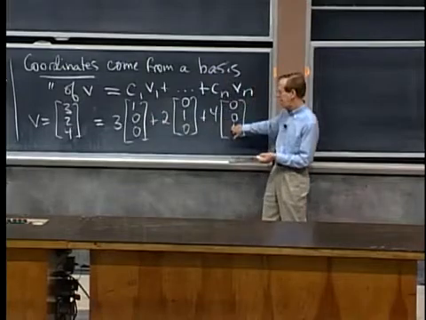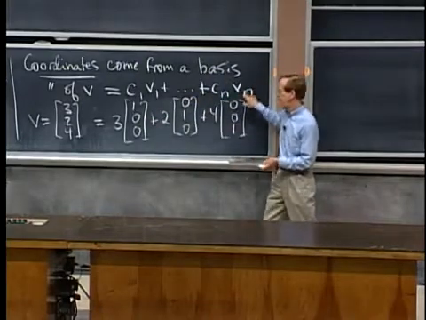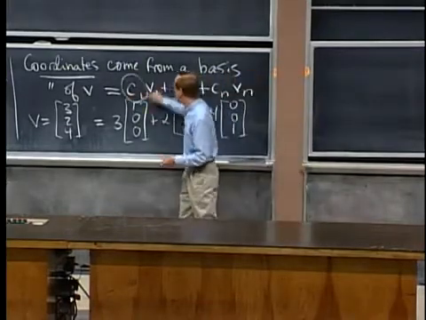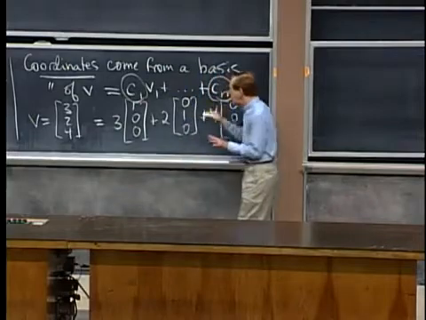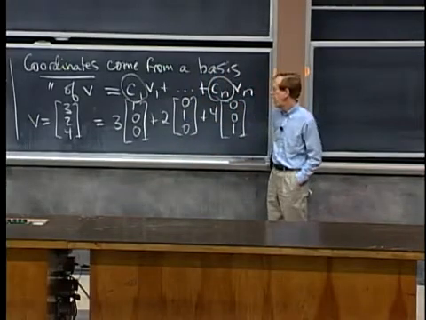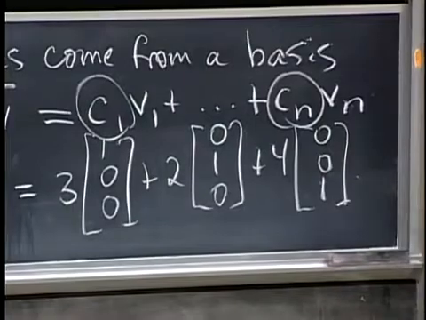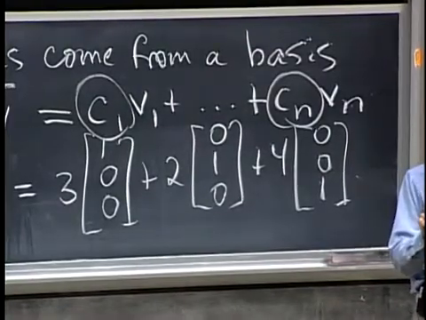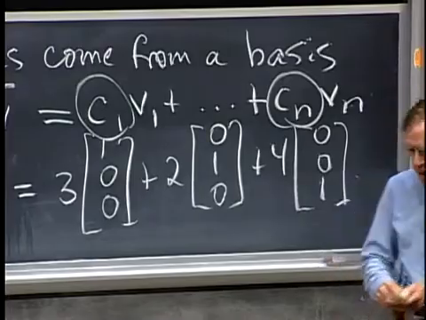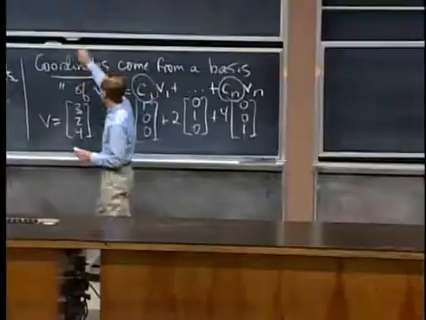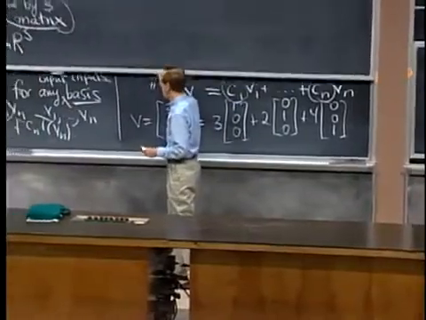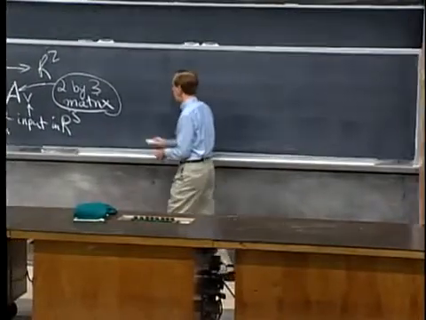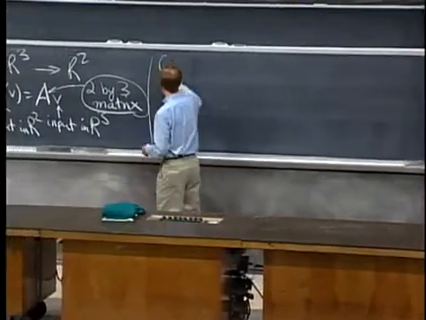That was an example. This is the real thing. The coordinates are these numbers. I'll circle them again. The amounts of each basis. Okay. So, if I want to create a matrix that describes a linear transformation, now I'm ready to do that. So now what I plan to do is construct